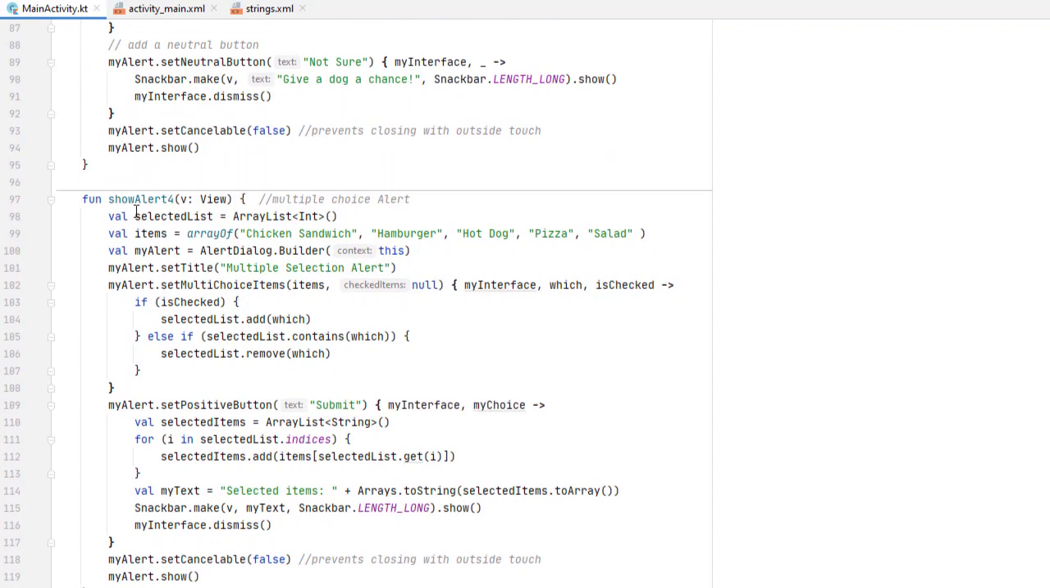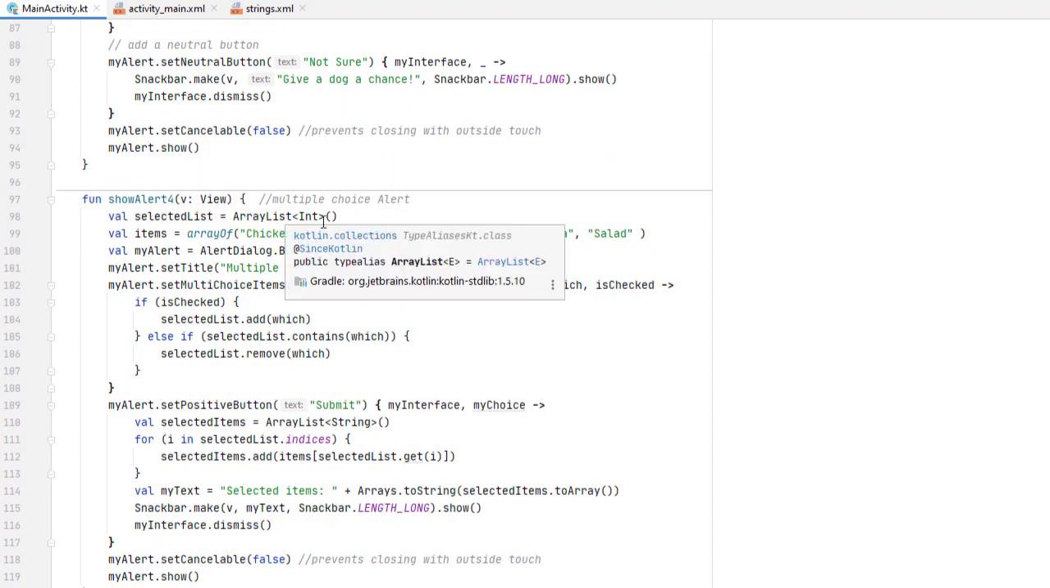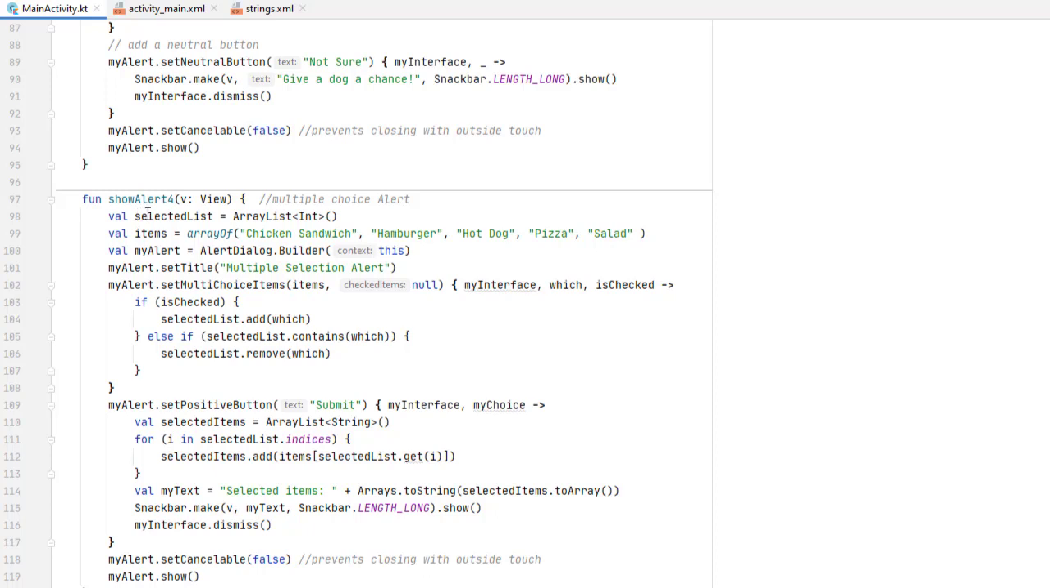For alert 4, I created a value called selectedList, as an array list. This is going to contain what the user chose, what items they selected, and they can select multiples, which is why I used an array list. Then I have another array called items, which has the items for our checkboxes: chicken sandwich, hamburger, hot dog, pizza, salad. Again, I'm going to create an alert builder, set the title, and here we're going to set multiple choice